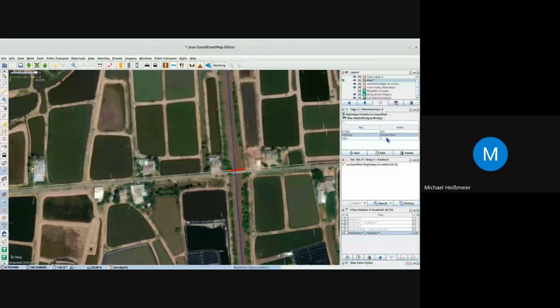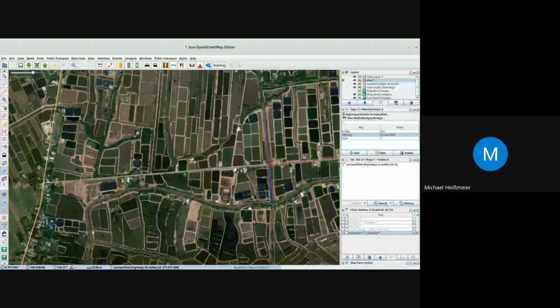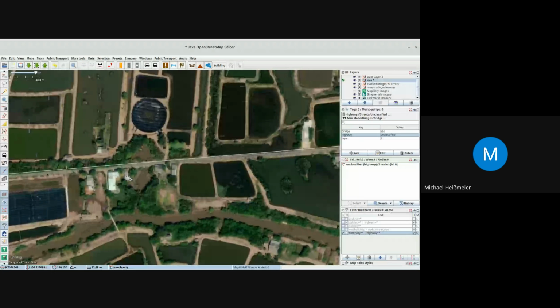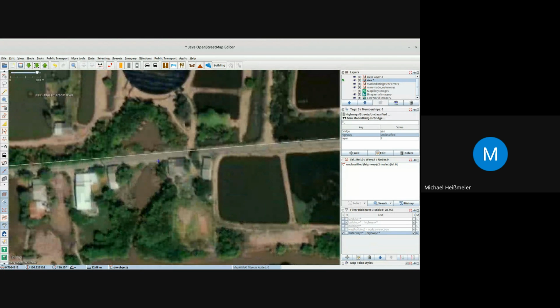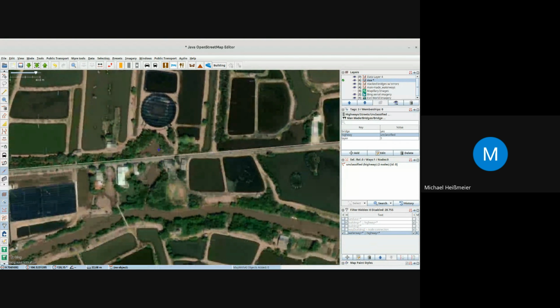So if you've got to do that more often, you will find that a really useful tool, because it just reduces the number of clicks here to 2, plus then, of course, selecting the appropriate tags. But even that is easier because you don't have to care about the layer in such a simple configuration. And it also works the other way around. So in this situation, we have a canal which passes here below that road, and that certainly doesn't qualify for a bridge. I'd call this a culvert.